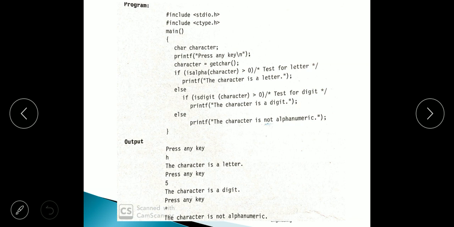In the next statement, you are checking whether the key you entered is an alphabet or not, so you have to check isalpha of character.